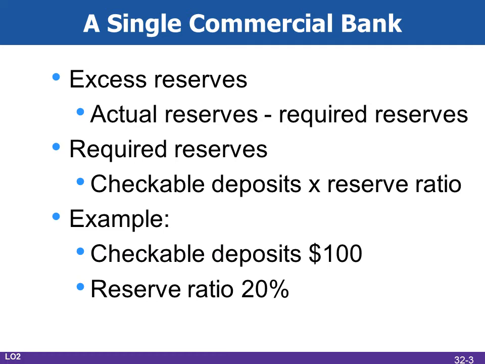You say, okay, well, how much can that bank safely lend out? Well, if $100 is deposited into the bank and there is a 20% reserve requirement, that bank is now in a position to lend out $80, right? Because $20 would be required reserves. So the actual reserves in this case would be 100, the required reserves would be 20, and the excess reserves would be 80. So that bank can safely lend out $80, assuming that they haven't made any loans to this point yet. Now, this is an extremely important idea, and we're going to use this as a stepping board to explain the banking system.